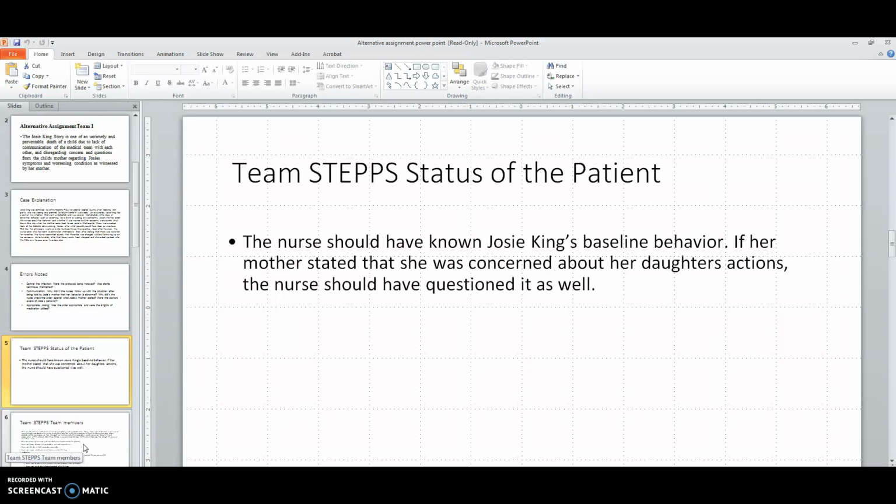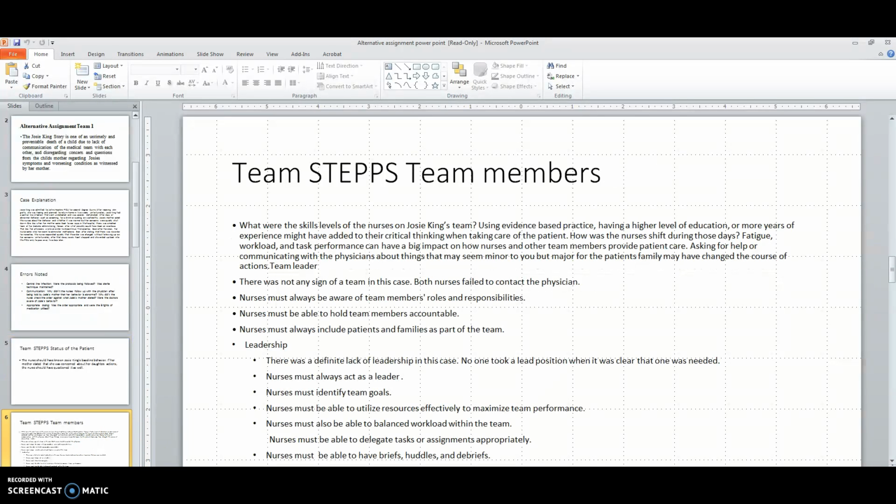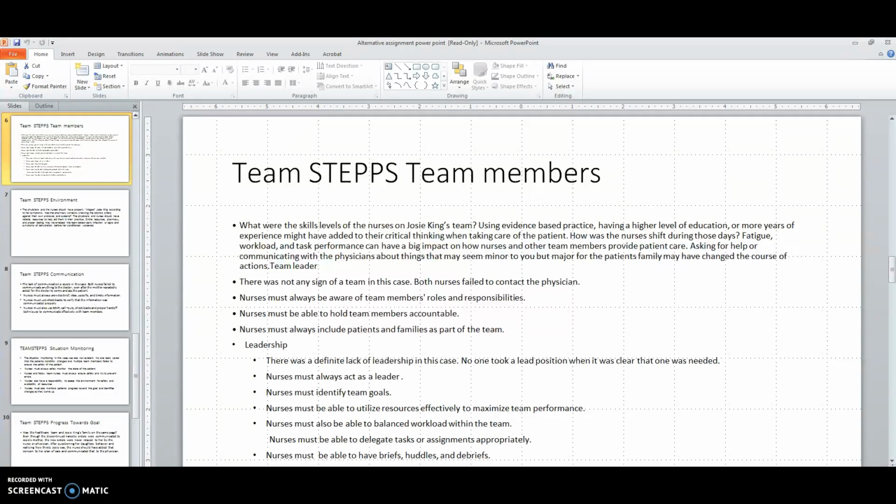Yes, the nurse should have known not only Josie's baseline behavior, or should have asked about it, but she should have also known the physiologic changes seen in a toddler who is exhibiting signs of dehydration. All of those things she was seeing. So it was her poor assessment and understanding, perhaps, of pediatric physiology and pathophysiology, how a patient of this age group would act.